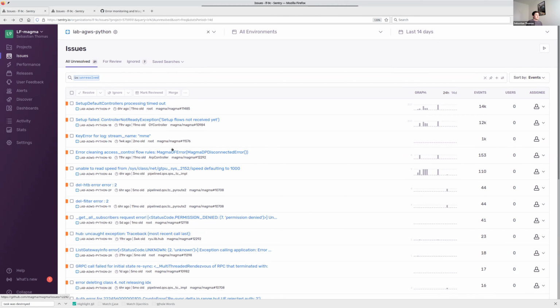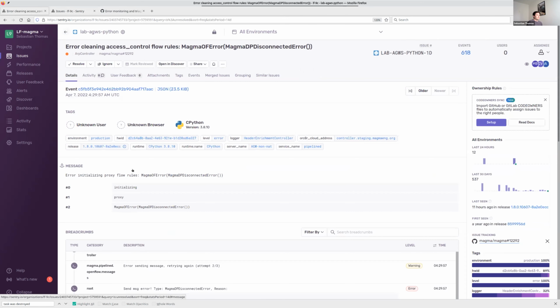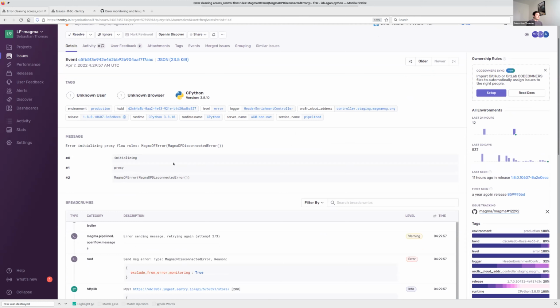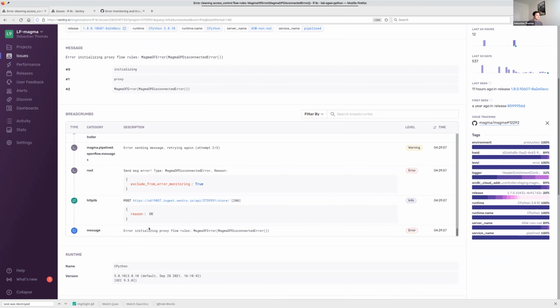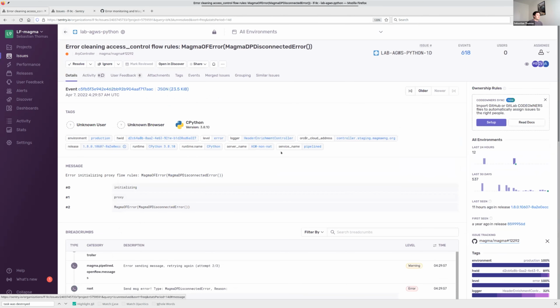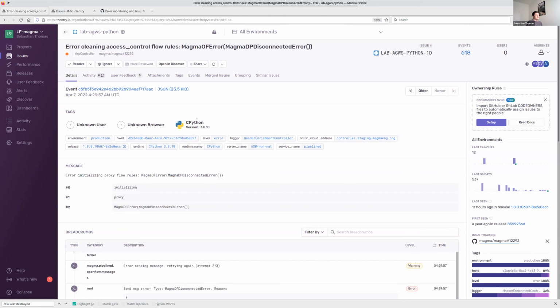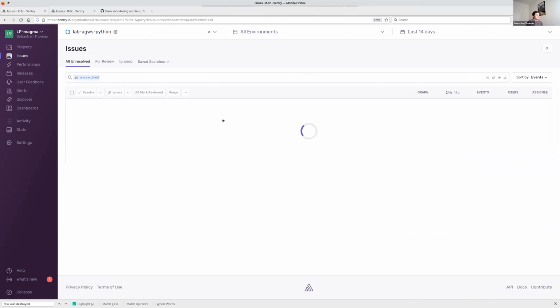And here you can use Sentry much more itself to debug the error. You don't really need to download stack traces, but it will already show you stack traces on the Sentry side. It will show you breadcrumbs, so a list of log messages that happened just before the error. And just the same as for C++, you see information about which service it happened in, log level, and so on, release. And yeah, we've used this on the Python side to do some debugging.